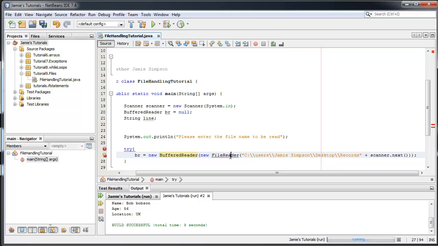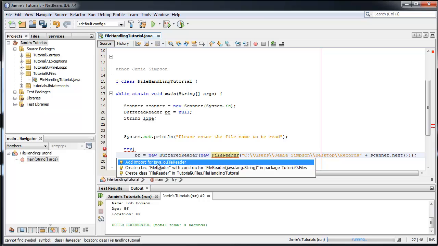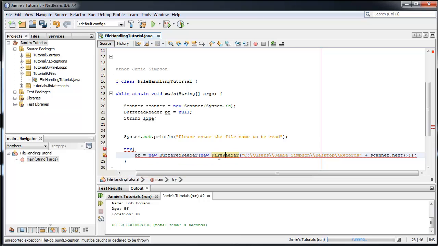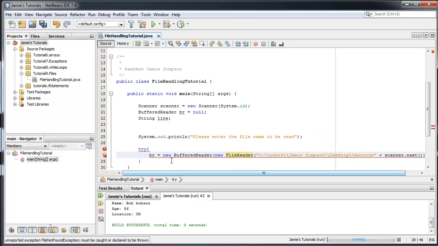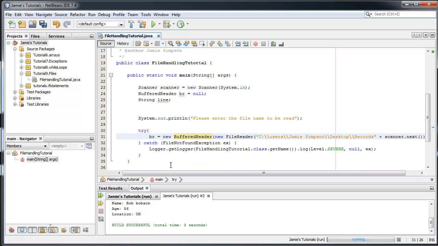So there we go. The only error that's coming up here is FileReader because we haven't imported it yet. So if I add an import for java.io.FileReader, it'll then come up with unreported exception FileNotFoundException, and as you know, tries are always followed by catch. So I'm just going to hit Alt Enter and go add catch clause. And that does it for me. It basically comes up with FileNotFoundException. I'm just going to change that to fnfex to know it's a file not found exception, and I'm also going to change this to